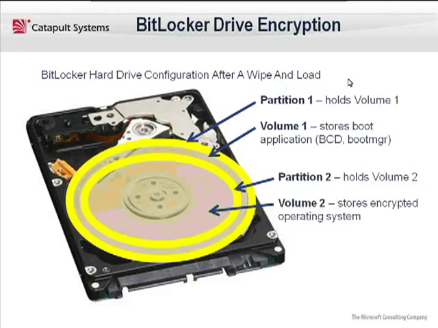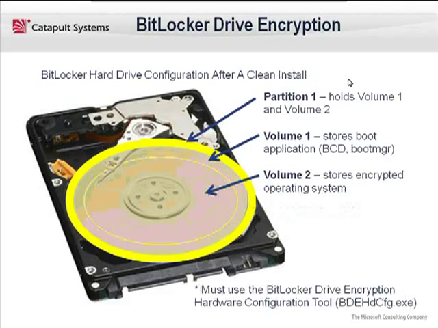Another option of getting a second volume on the disk, and this is really going to be the way that you're going to need to deploy it if you want to do what's called a PC refresh scenario, or upgrade or migrate from a Windows XP operating system, is to shrink the existing volume and create a new volume out of the leftover space. This operation leaves your data intact and gives you the necessary configuration to enable BitLocker. You can script this operation using the diskpart shrink command, which is new in Windows Vista and Windows 7, but